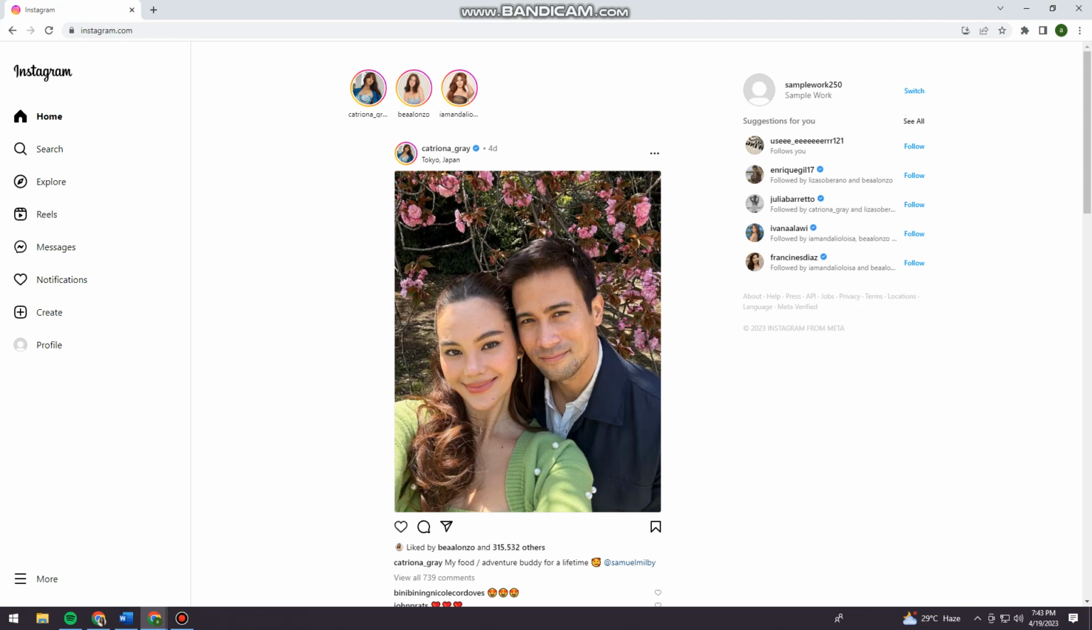So what you can do is search for their username. Just go ahead and click on the search button. Now just go ahead and search for their username. So I'm just going to search for